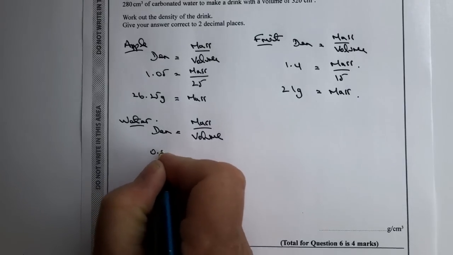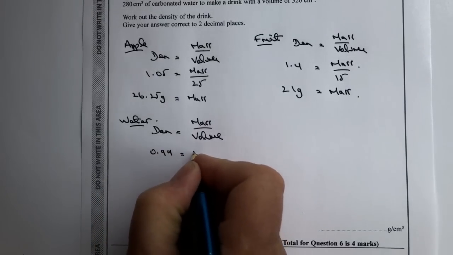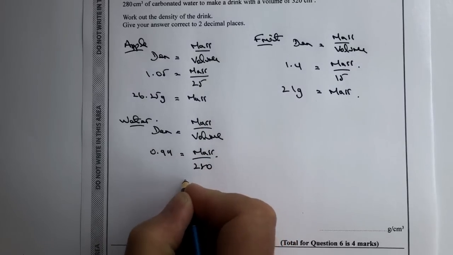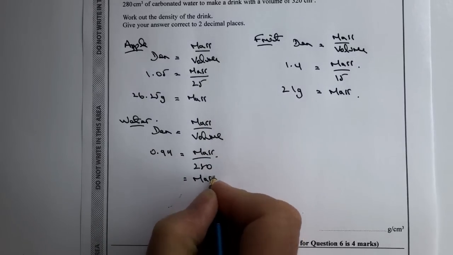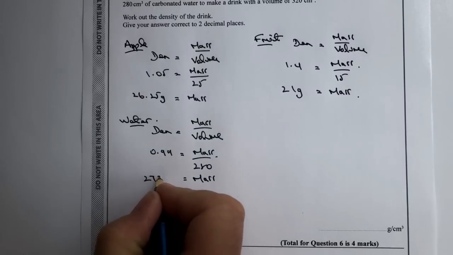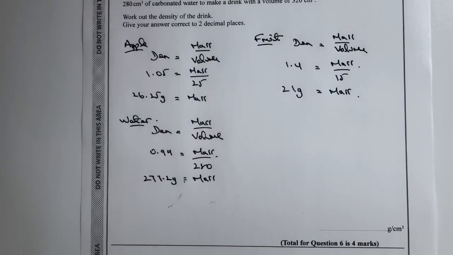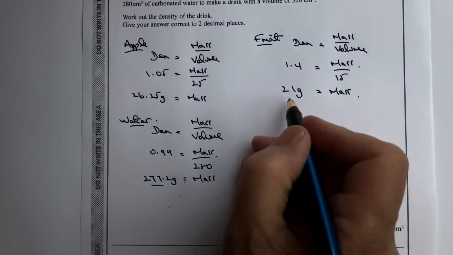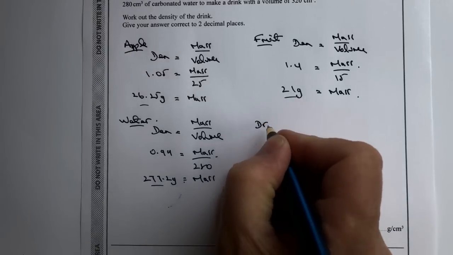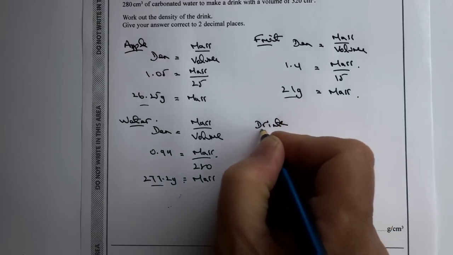So density is 0.99. Mass I don't know, but I do know the volume of water is 280. If I multiply that through, 280 times 0.99 is 277.2 grams. That's fine. So now I've got all of the component pieces of information that I need. If I add together all of these numbers, I've got the total mass of the drink itself. So if I want to work out the density of the drink,